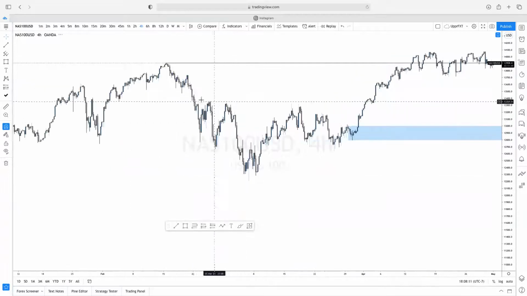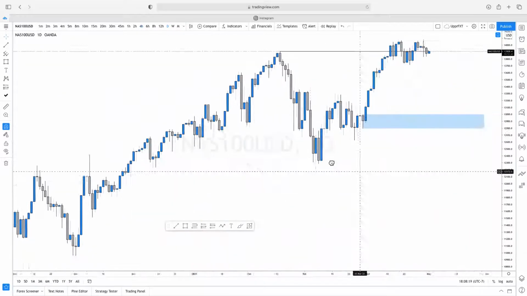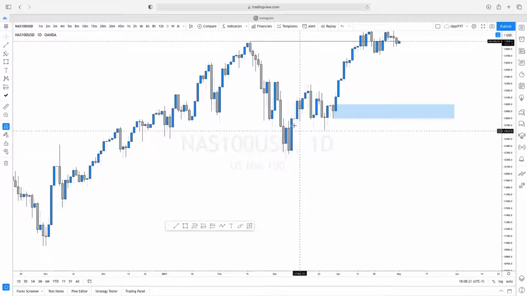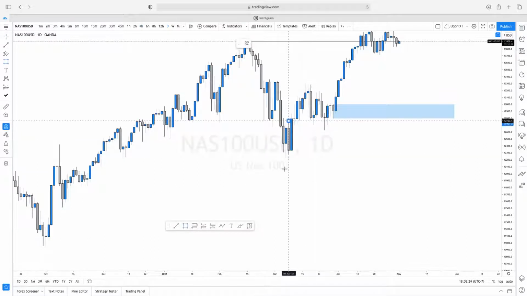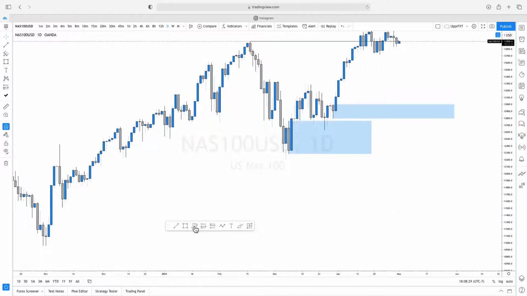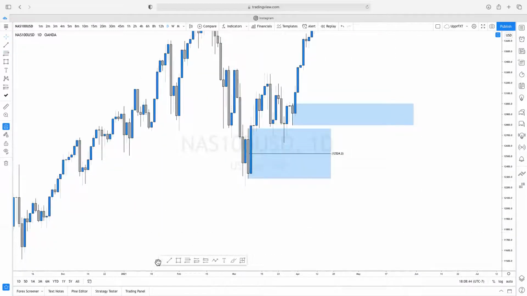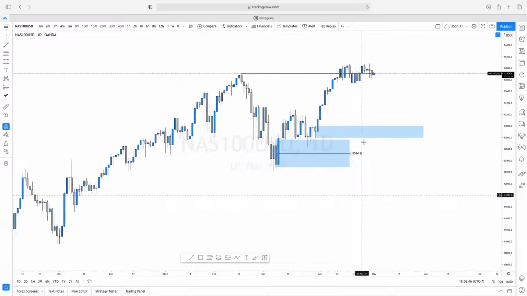We have marked up, we didn't fully take out these structures with this candle, but we did tap into it on the daily. So we take a look at all this price action down here. This daily candle has already been mitigated. Really, it hasn't touched the 50% yet, so maybe that's somewhere that we can look at. Let's go ahead and draw this out. Where is this daily? So the 50% has yet to be mitigated, and I'll refine this zone in just a moment. For the moment, these are the two zones that I see